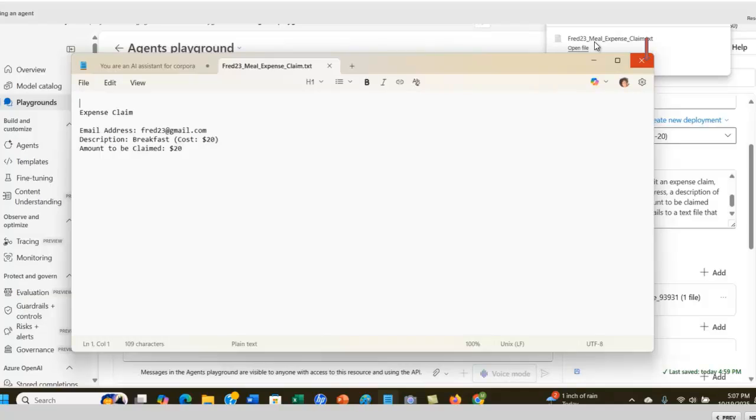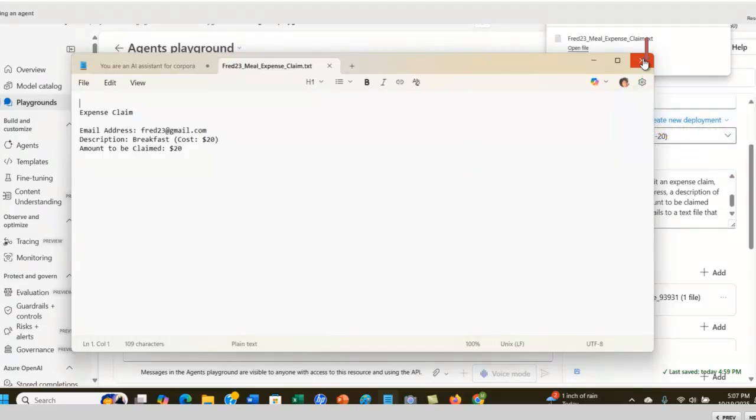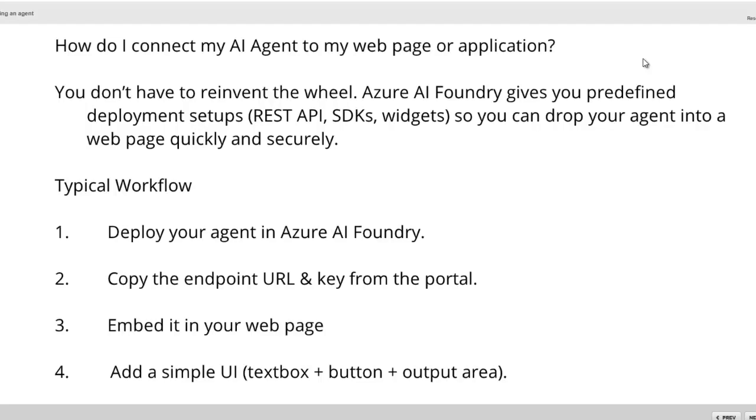The claim, you can see the address here. It gives the description and the amount to be claimed, and this is just a simple example of an expense claim. I am going to close it